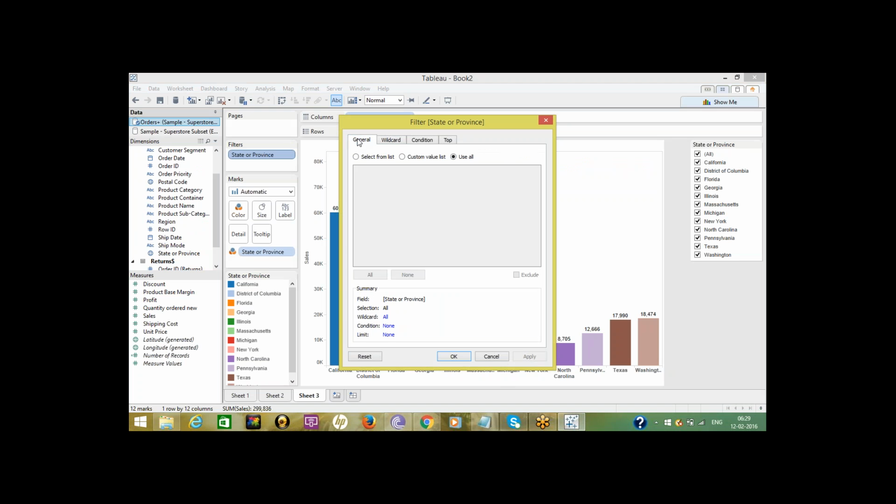Go to wildcard, reset. Here match value is 'es', contains 'es'. Click on apply.